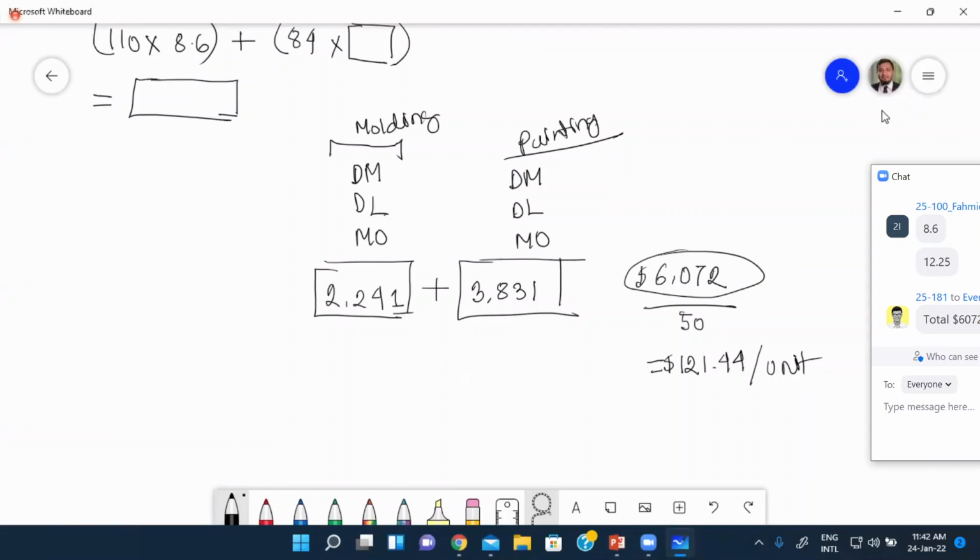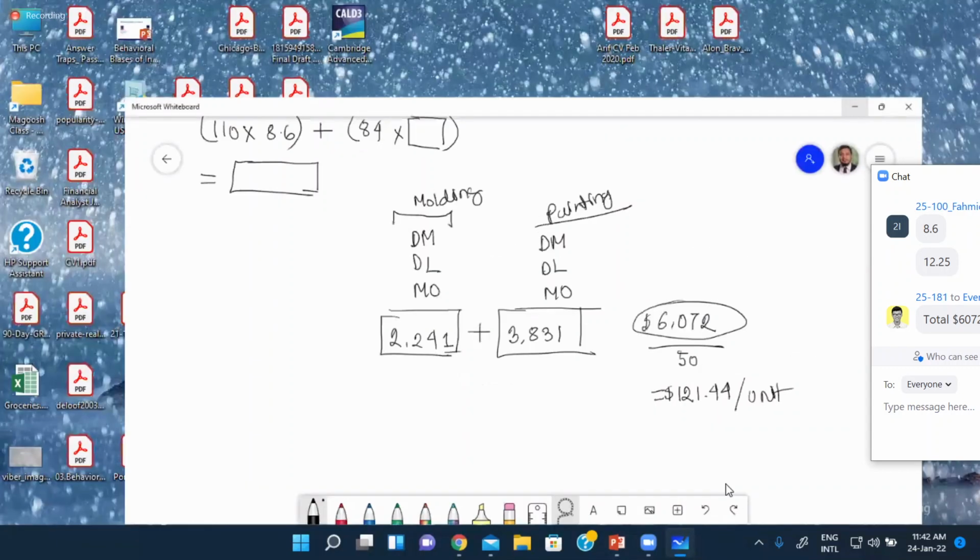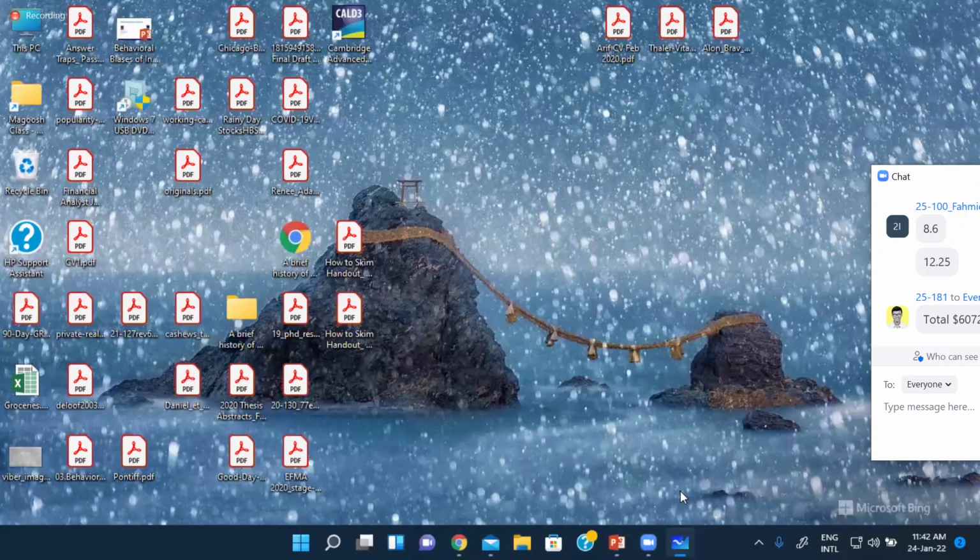Okay. So let me close this screen whiteboard. You see some snowfalls that should be refreshing,